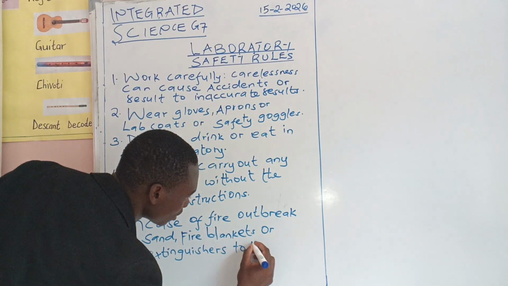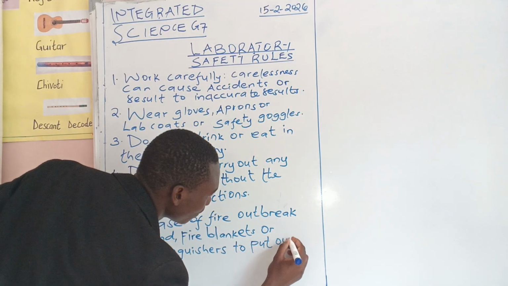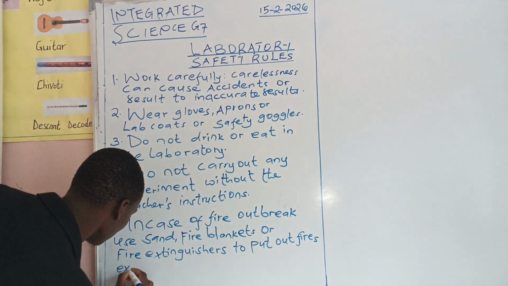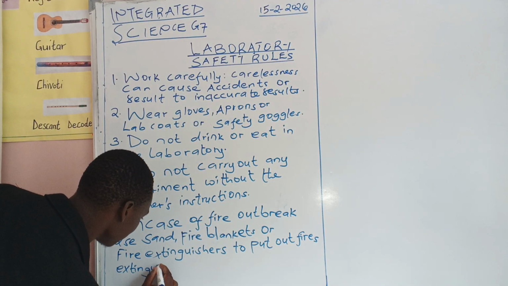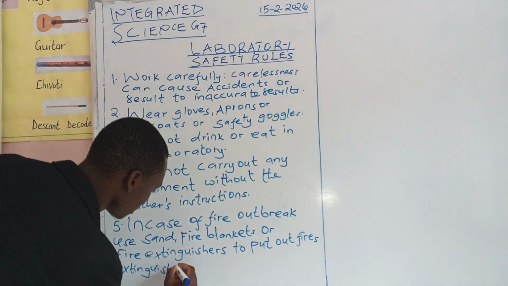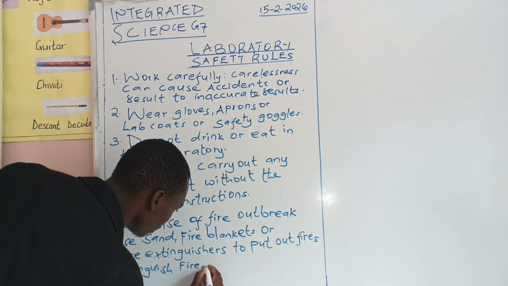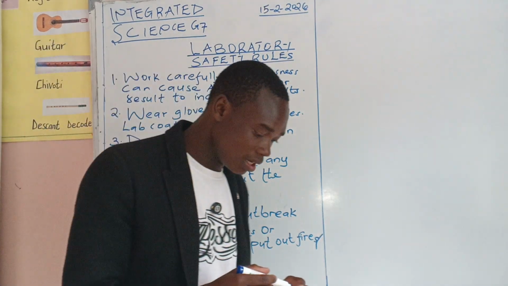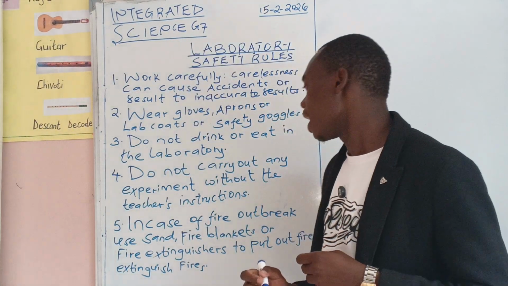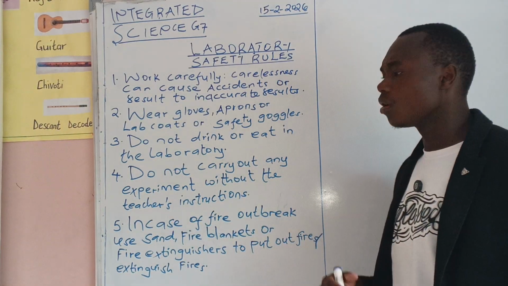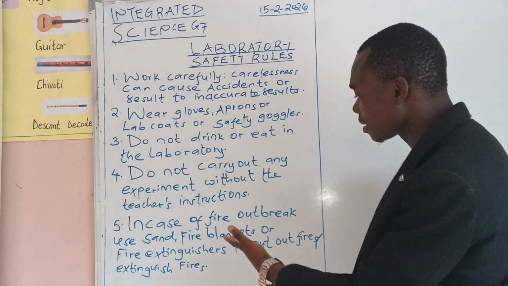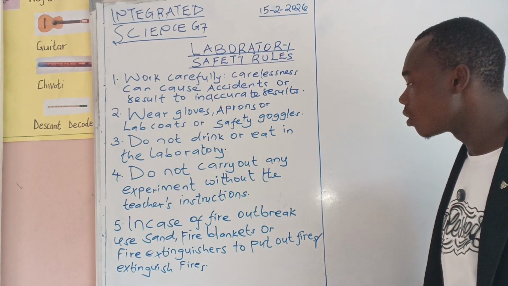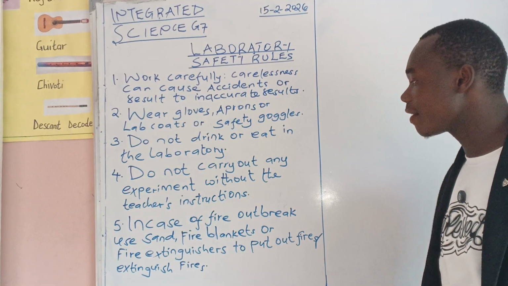to put out fires, or rather extinguish fires. Now, that is a very important laboratory safety rule that you need to put into consideration as you are working in the laboratory. All of a sudden, unknowingly, there is some fire outbreak within your laboratory setup. What you need to do is use sand, or use a fire blanket, or rather